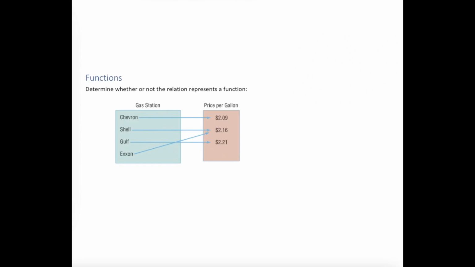Here we're looking at another relationship and we're trying to determine whether or not it's a function. The elements where the arrows are starting would be considered the domain elements, and the elements where the arrows are ending would be considered the range elements. And we could think about this as a collection of ordered pairs where the chevron is going to correspond to